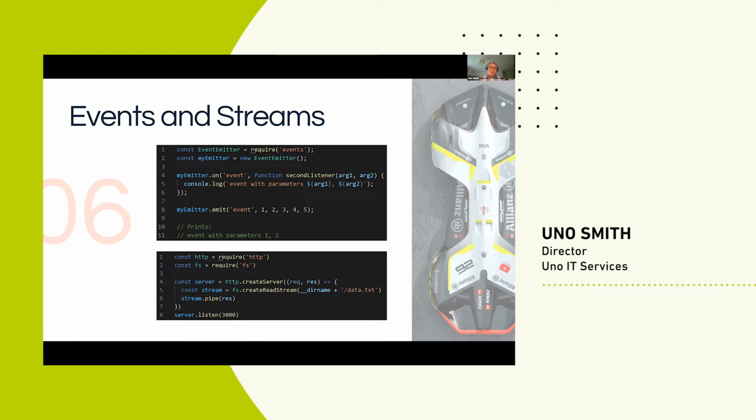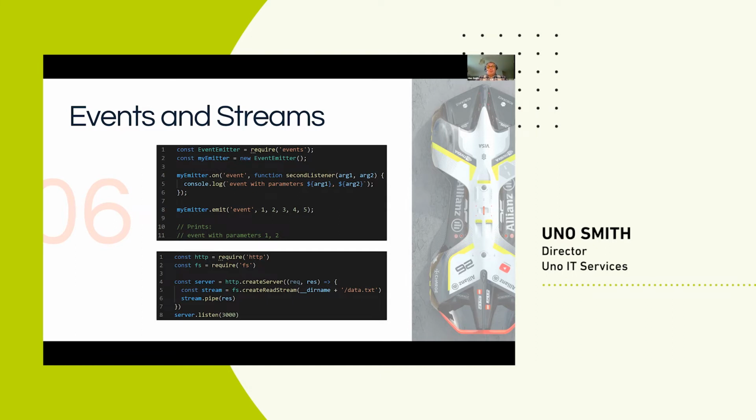Another thing to understand is how streams work, and here's that second block of code. 8 lines in is a full working file server, which serves a single file. It's not particularly complex. It's really simple stuff in terms of the code aspect of it. But at the bottom there, on line 5, that's where you create a read stream, and that read stream says it's connecting to a file called data.txt. And then on line 6, we take the stream and we pipe that to the response.